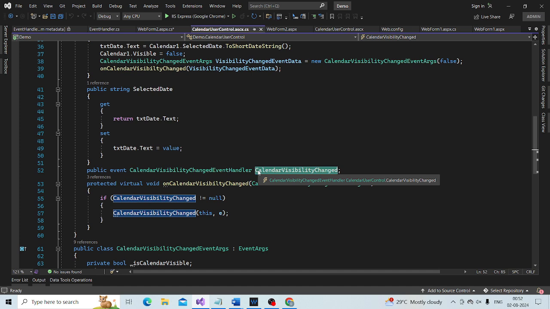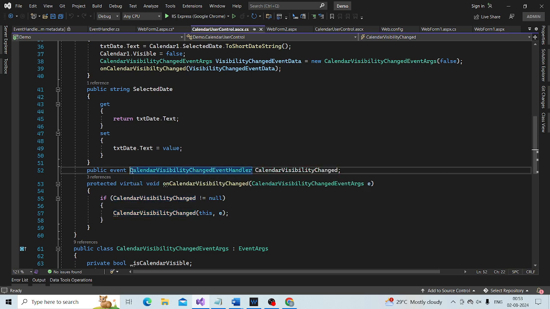This is a variable of type CalendarVisibilityChangedEventHandler, and that is a delegate. This delegate is the type of this event, CalendarVisibilityChanged.